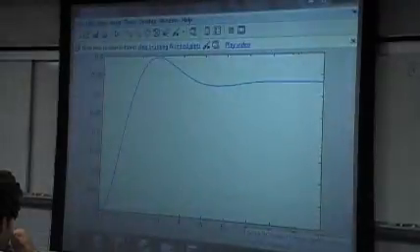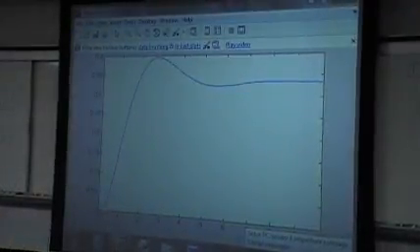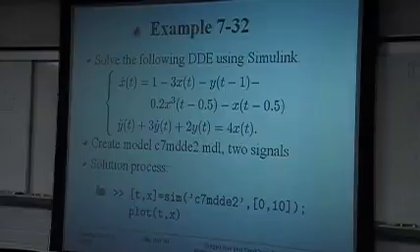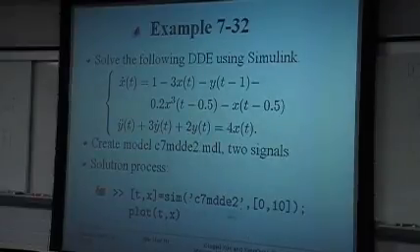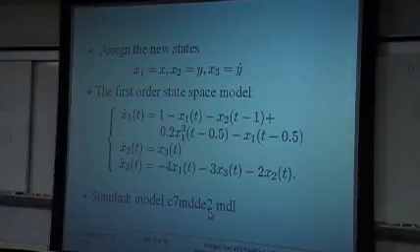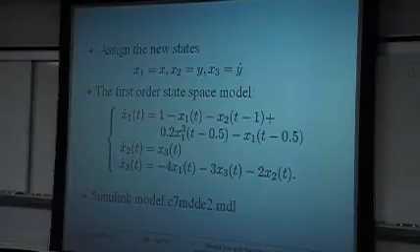This should be the same as the one I obtained with the scope. So it seems to be quite easy to display the result. Or if you do not click the icon, then you can use a command line like this to find the simulation results. And if we are using the DDE23 command, it might be more difficult to describe it. So now let's consider